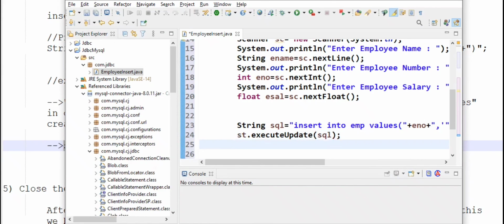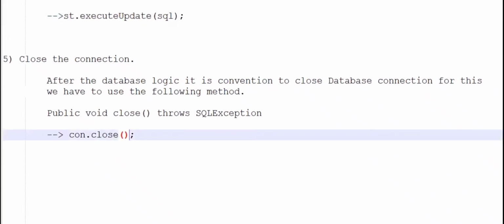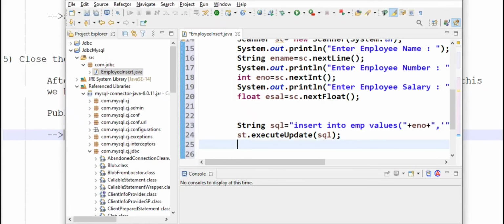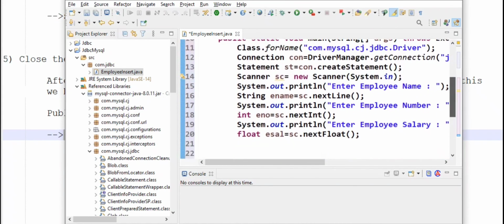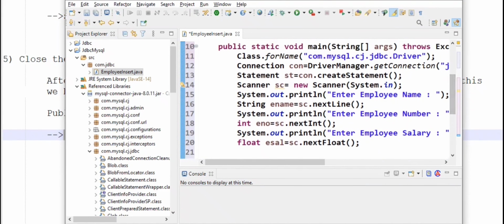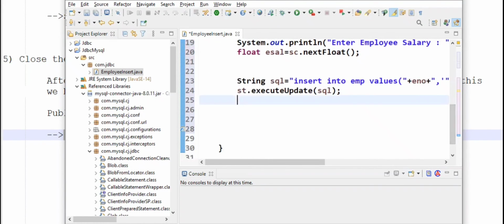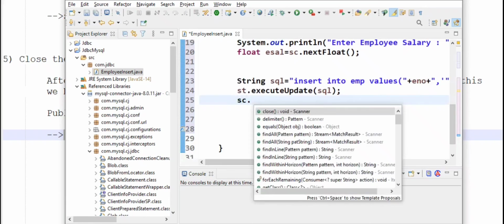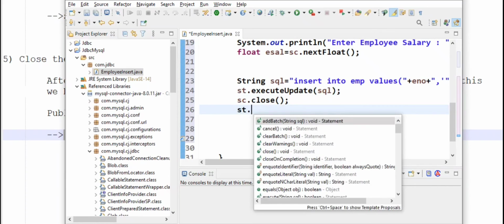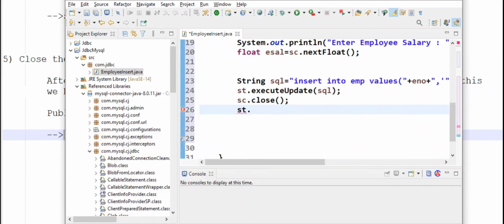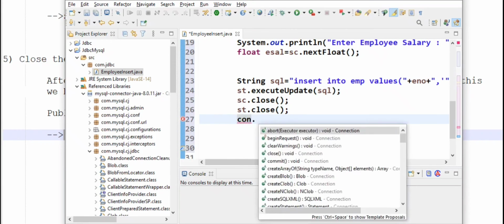Now our next step is to close the connection. Connection con.close. We should follow that, but before closing the connection, we should also close other resources in our project, like the statement and scanner. So sc.close and st.close, and con.close.